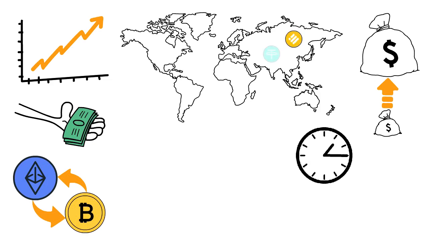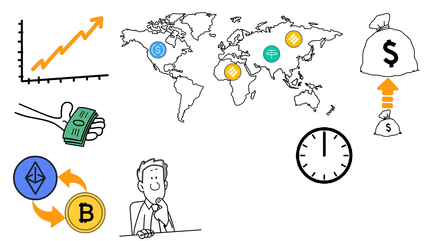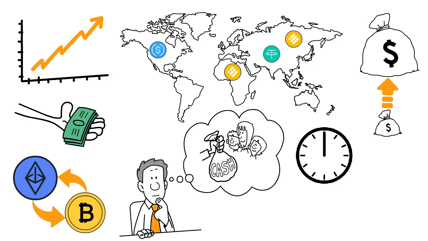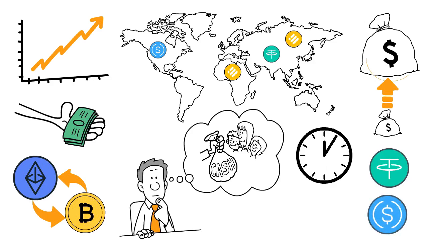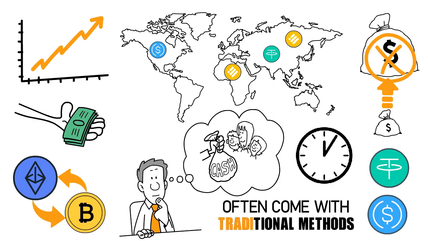Stablecoins can be used for international money transfers, providing a faster and cheaper alternative to traditional remittance methods. Imagine you need to send money to your family overseas. With stablecoins, you could do so quickly and easily, without the high fees and long wait times that often come with traditional methods. Stablecoins can serve as a valuable tool for hedging against inflation, providing a stable store of value